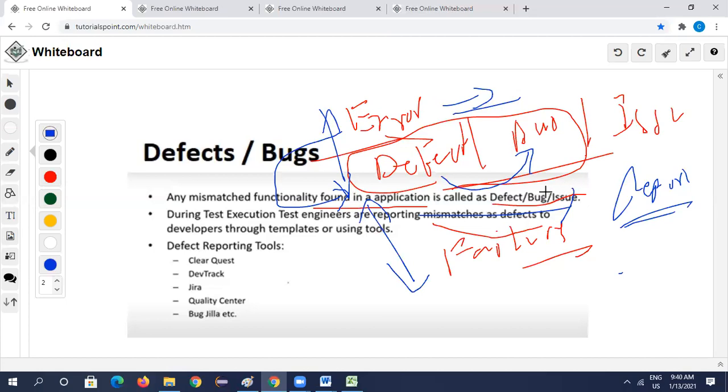Now the bug is there, you found it. The application is ready, the developer has completed his unit testing, the tester has completed his testing, everything: regression, end to end, all functional testing, everything completed. We have deployed the product in the market. Now users are using it. While using the application, one user, Deepak, has found an issue. When you use a particular option like sign out, when you click on the sign out tab, it takes too long, or if you hit it two times, the app crashes. So Deepak says that the application has failed.